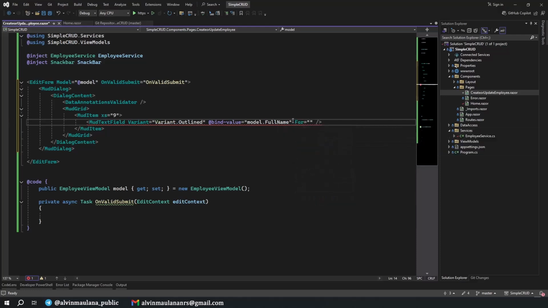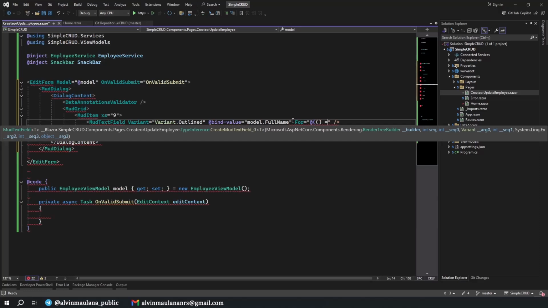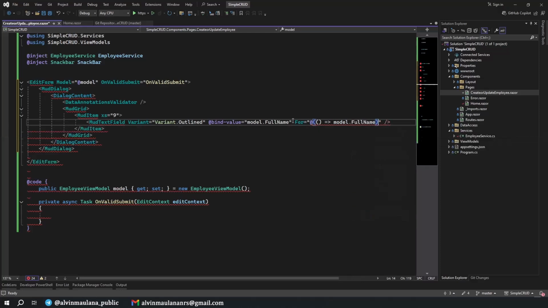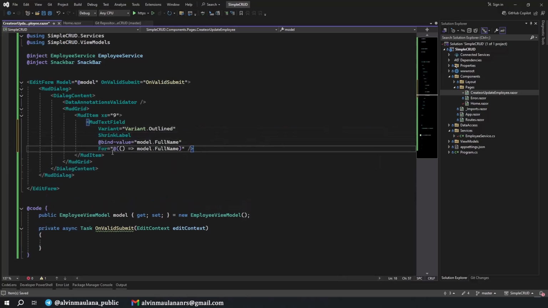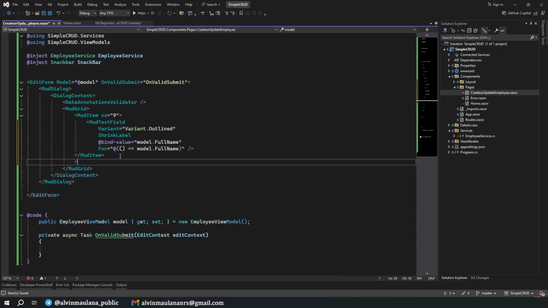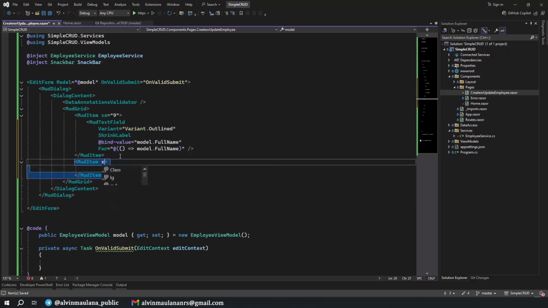And then for Add, okay, Model.FullName. Now suddenly it's gone. Okay, so you need to define all of this with the string Label. This is to beautify our UI. Okay, and the next MudItem. Okay, this one is xs 3. This is like a column in Bootstrap, something like that.